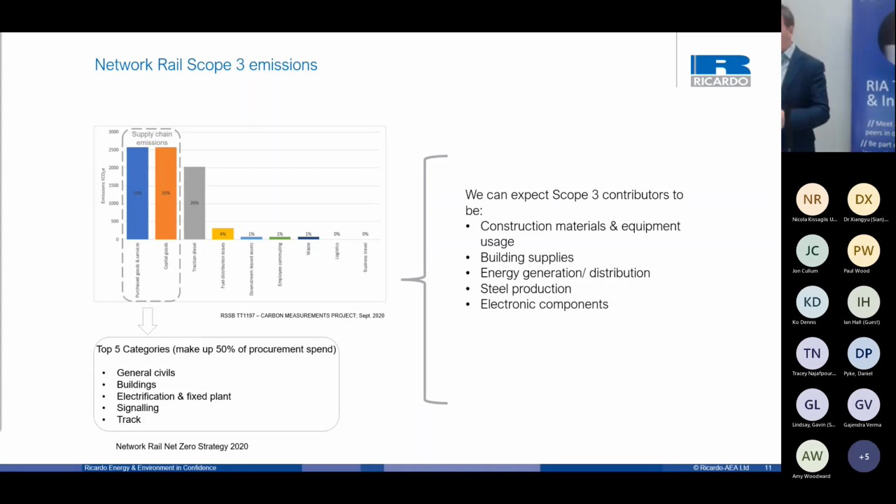And if you look at the supply chain, there are 5 key categories, looking at civils, buildings, electric, signalling, etc. track. From that, I could expect that some of the big materials are in construction, building supplies, steel, energy generation, etc. So that's where some of the decisions have to be made. How can you take carbon out of some of those